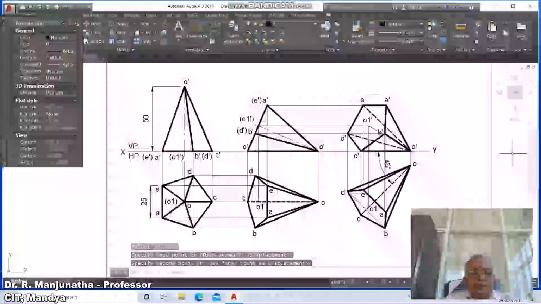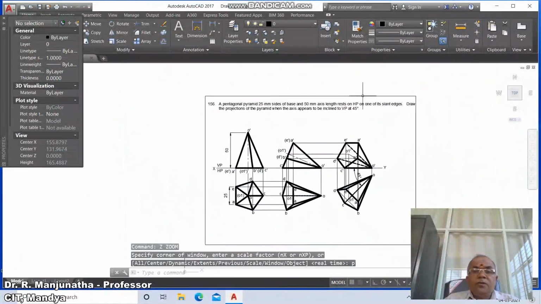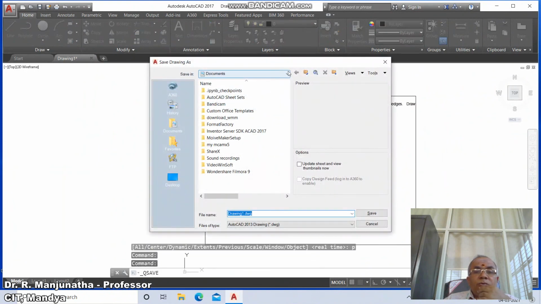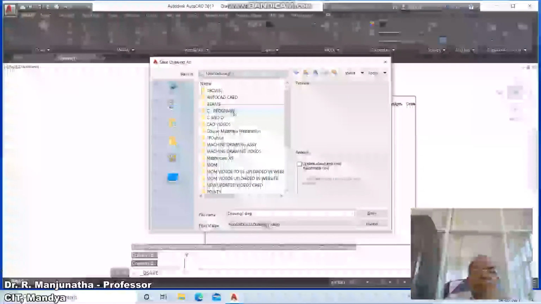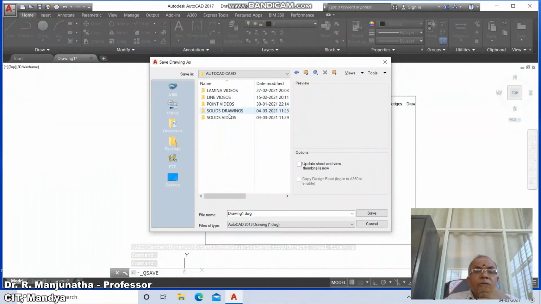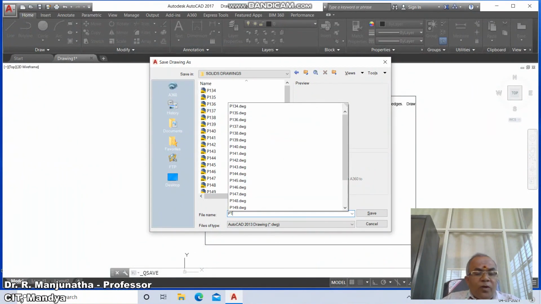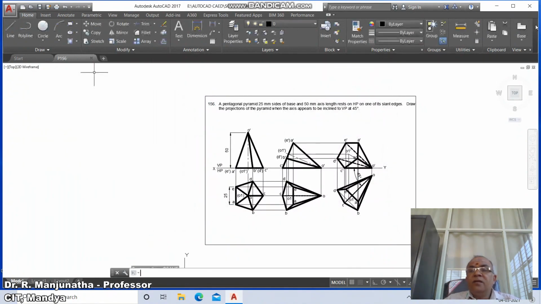Once you do that, so this is how you will be able to write the solution in AutoCAD, and then go to save, go to the appropriate drive, go to AutoCAD, go to solids drawings, and here you type P156 and save it, and finally